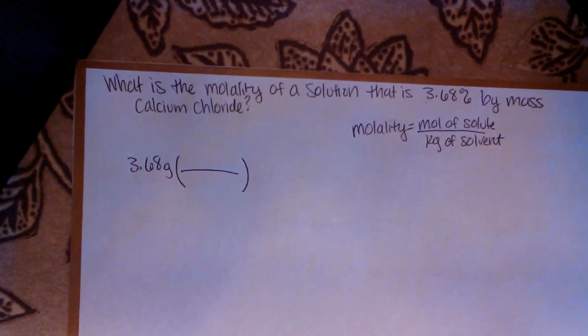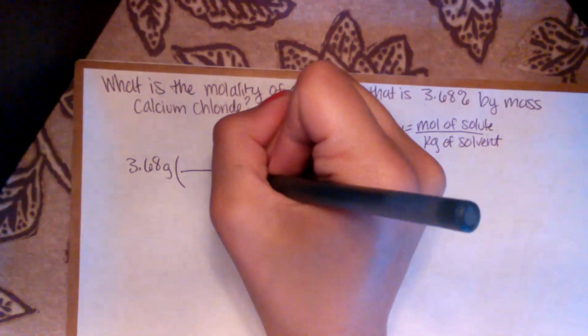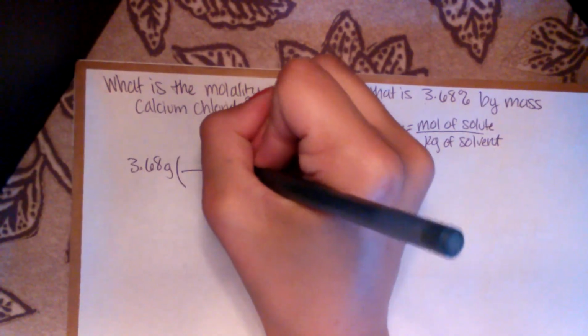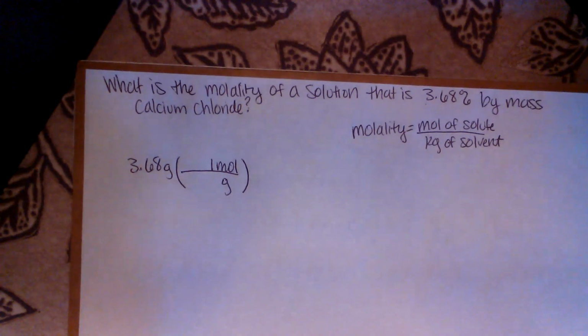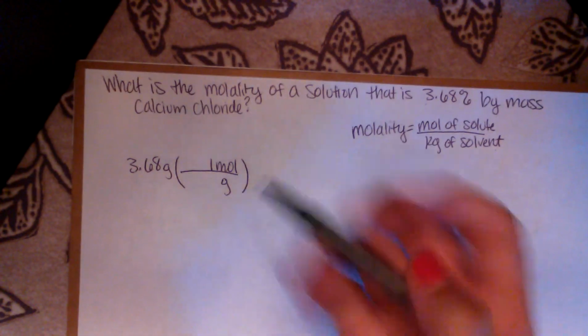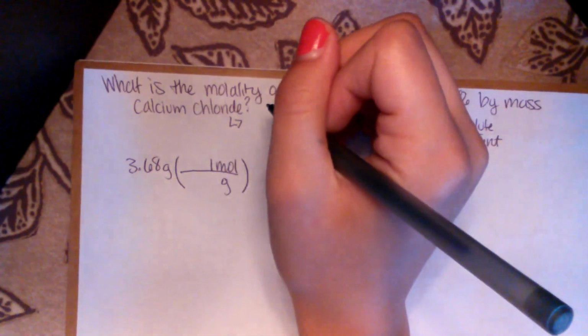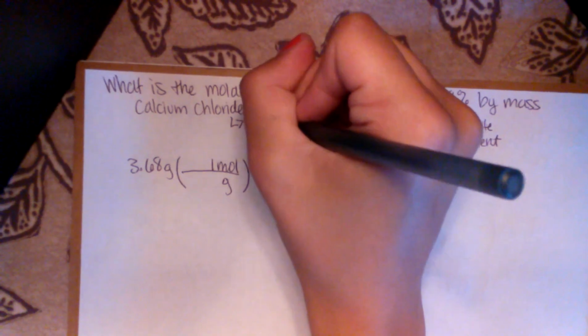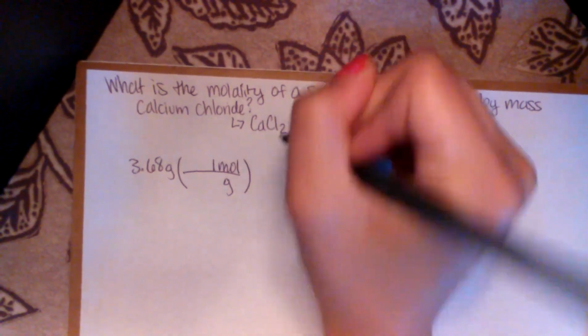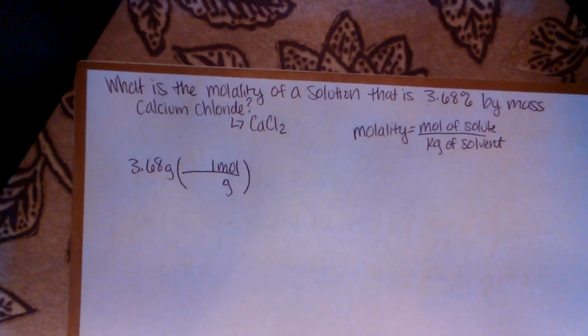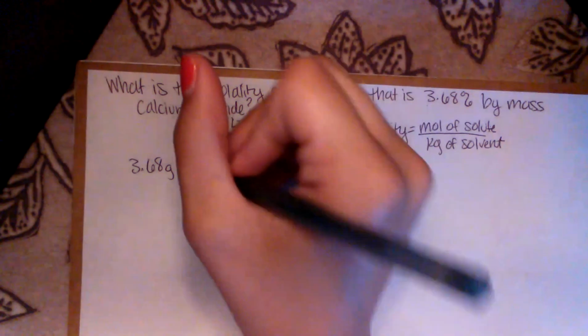And then we're going to multiply that by its molecular weight to get the mole value. And so first of all, what is calcium chloride? Calcium chloride is CaCl2. So then you will find the molecular weight of CaCl2, which is